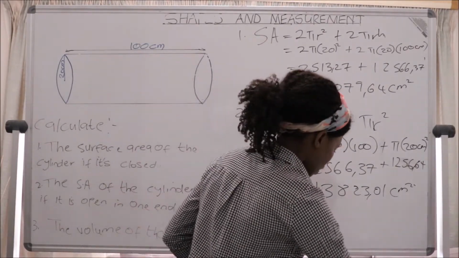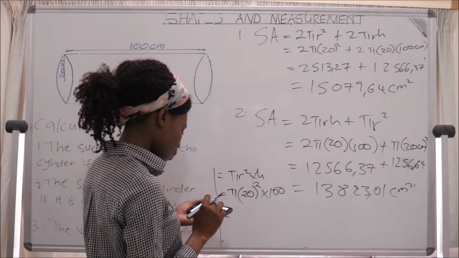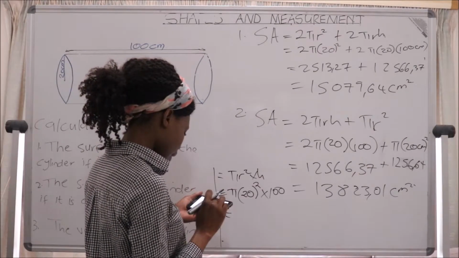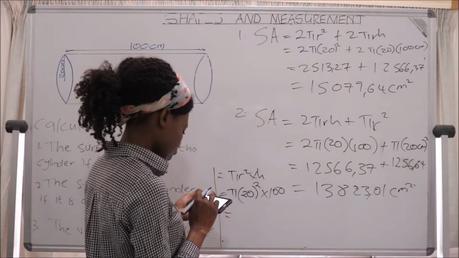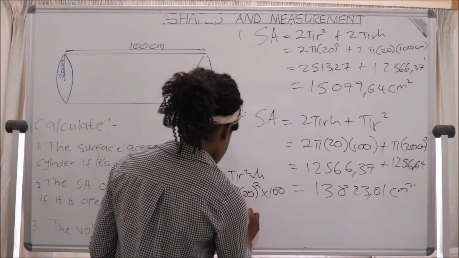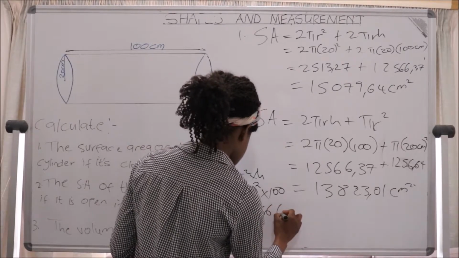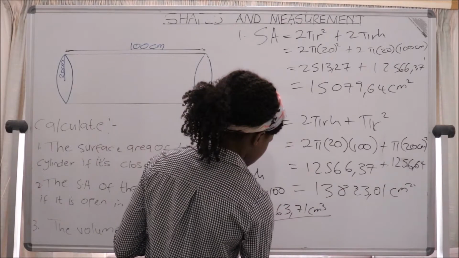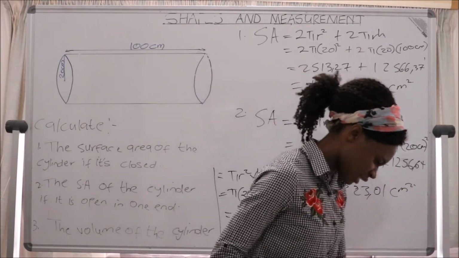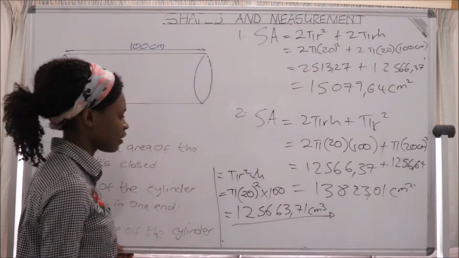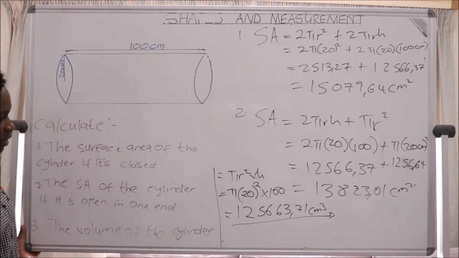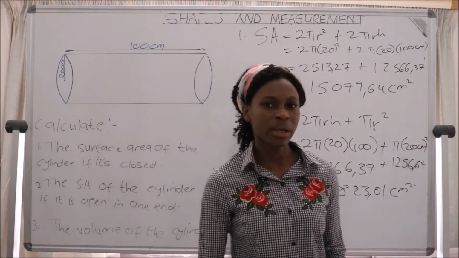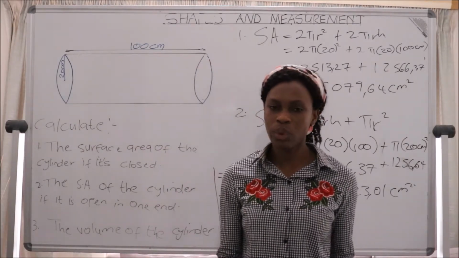So that will give us, I will still use this again, so that will be 20 squared multiplied by our pi multiplied by 100. So this will give us 125,663.01 centimeters cubed. So this is the answer for the volume of the cylinder. So I hope you guys now can understand that when we open the cylinder in either one end or both ends,